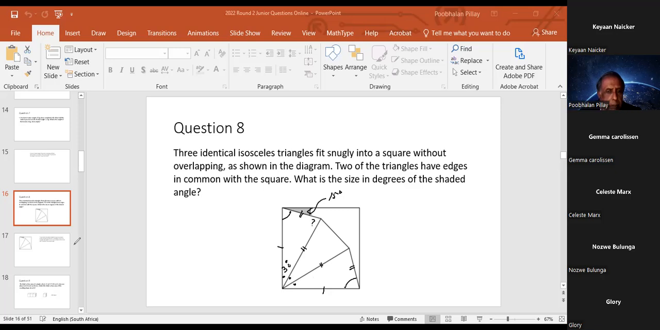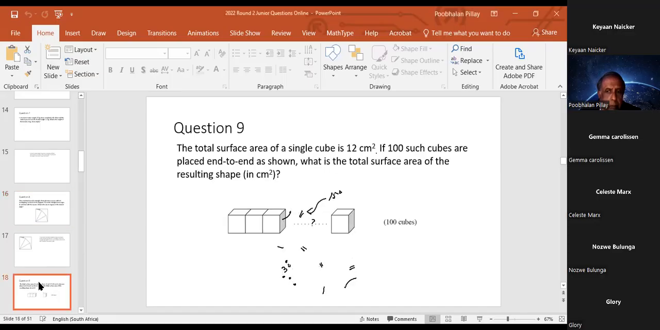Okay, so let's get on to the next problem. We didn't have to do all what I just did towards the end, because you can prove it intuitively, by intuition. But if we were to write out the proof, then you will have to know why we are saying something, okay? All right, the next question, question 9, says that the total surface area of a single cube is